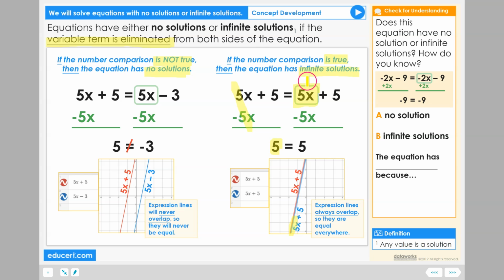Let's check for understanding. Does this equation have no solution or infinite solutions? How do you know? Take a look at the work that was done and the number comparison that's left. Does this equation have A, no solution, or B, infinite solutions? The equation has blank because